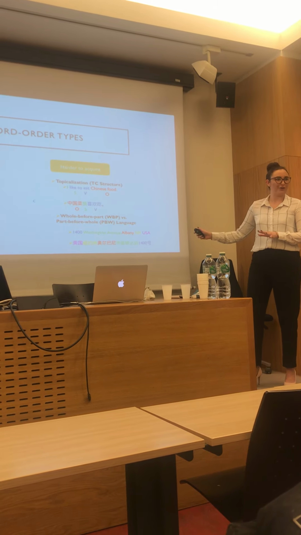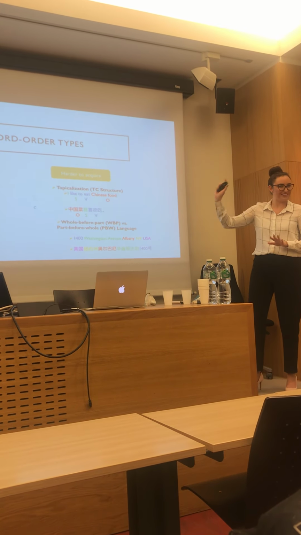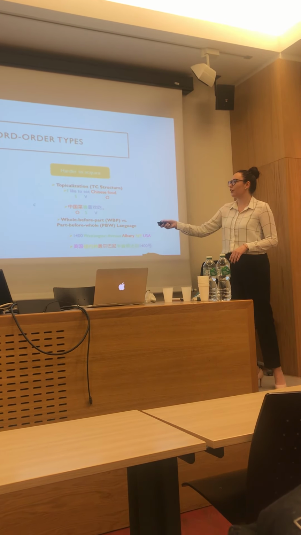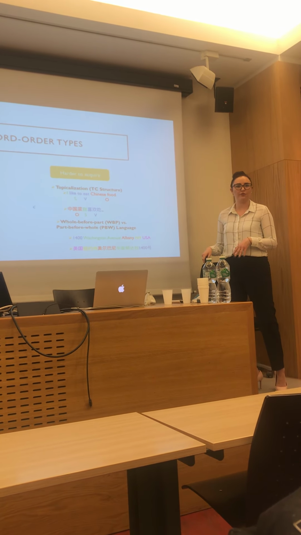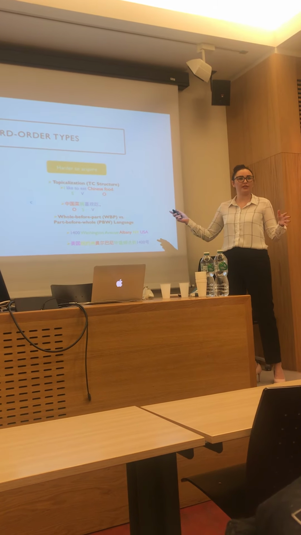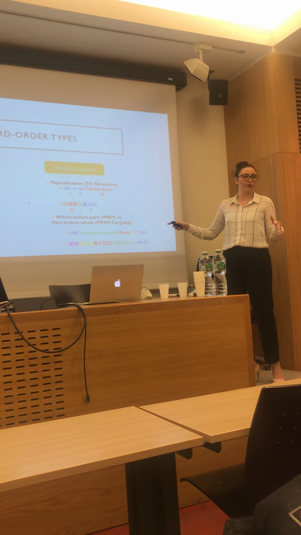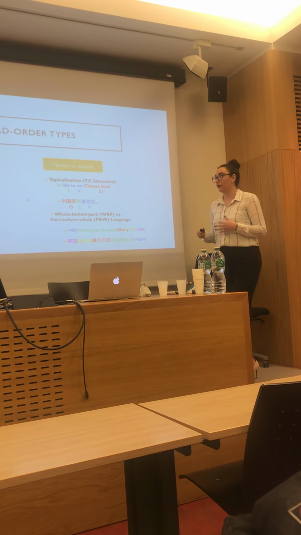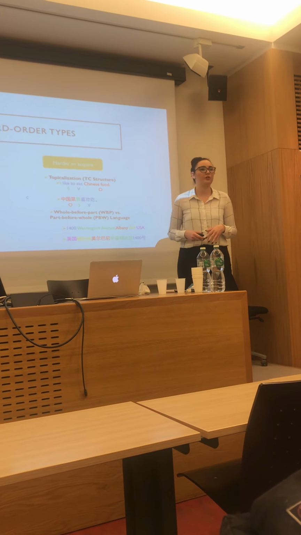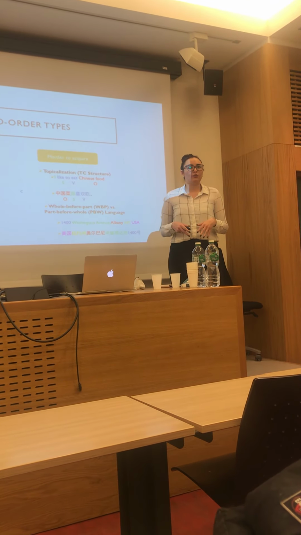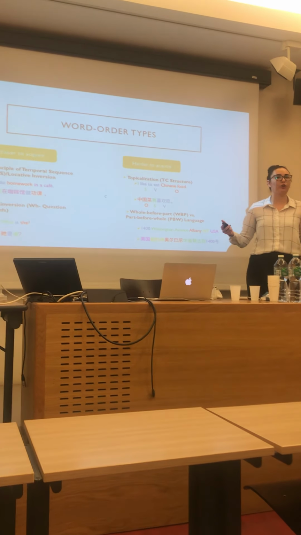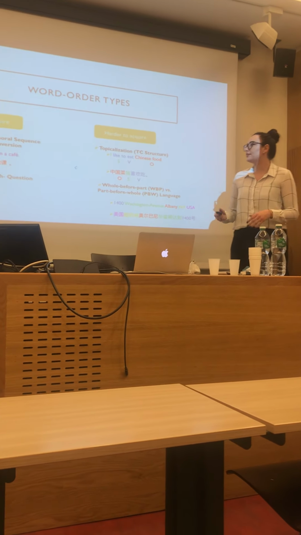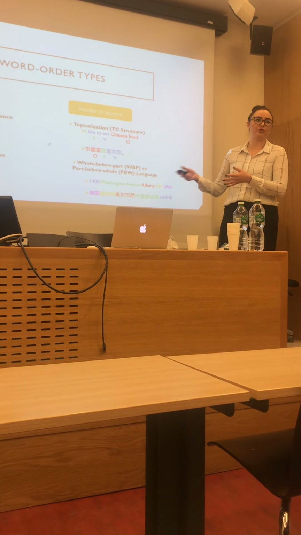And I have color-coded everything because I don't know if anyone else here speaks Chinese. So we're going to start over here with the principle of temporal sequence, and in this case, I'm looking specifically into locative inversion. Principle of temporal sequence is a big player in word order. Basically, it falls under the cognitive functionalist approach, iconicity, which says that word order follows world order. So it's a reflection of the real world states. And in this case, with locative inversion, it's a reflection of where things are.